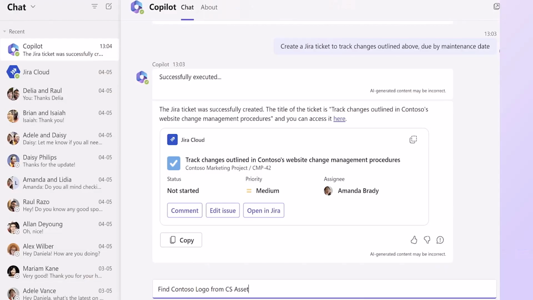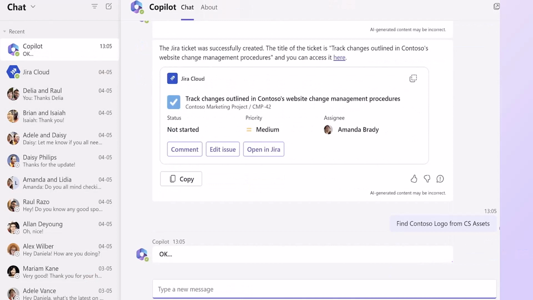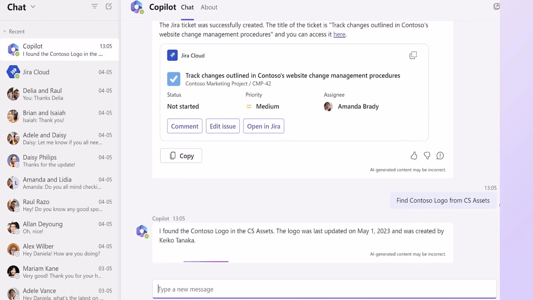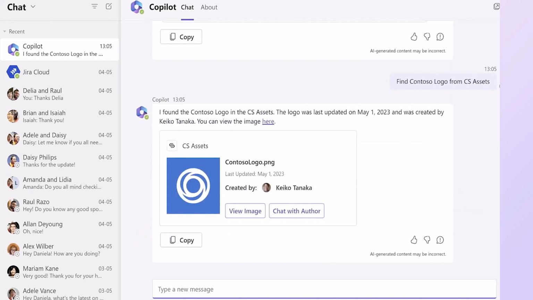Going forward, now what I would like to show is how it connects to the enterprise application as well. So I want to find the Contoso logo from the CS Asset application that is available within the organization, which is developed for the organization, and you can see that it is presenting me the logo file, the link to the image that is available. All I need to do is update the Jira ticket with the above Contoso logo for reference,